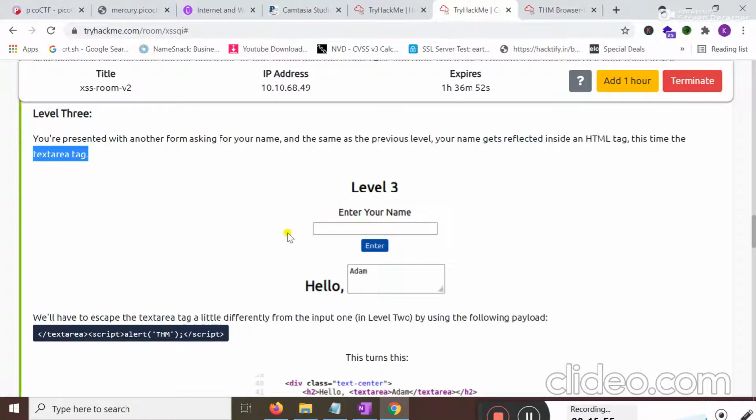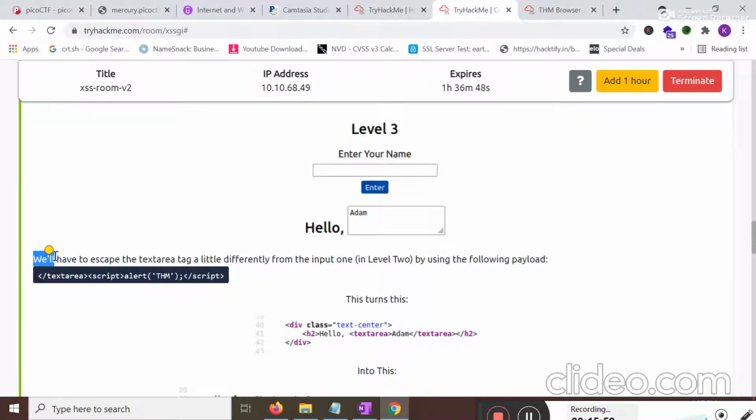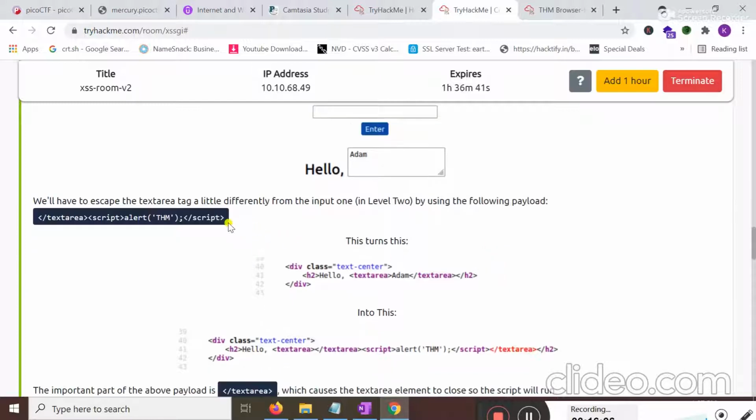Now what should I do when the input is reflected in a textarea? We have to escape the textarea tag a little differently from the input one in level 2, by using the following payload. It's time to actually escape the textarea tag.